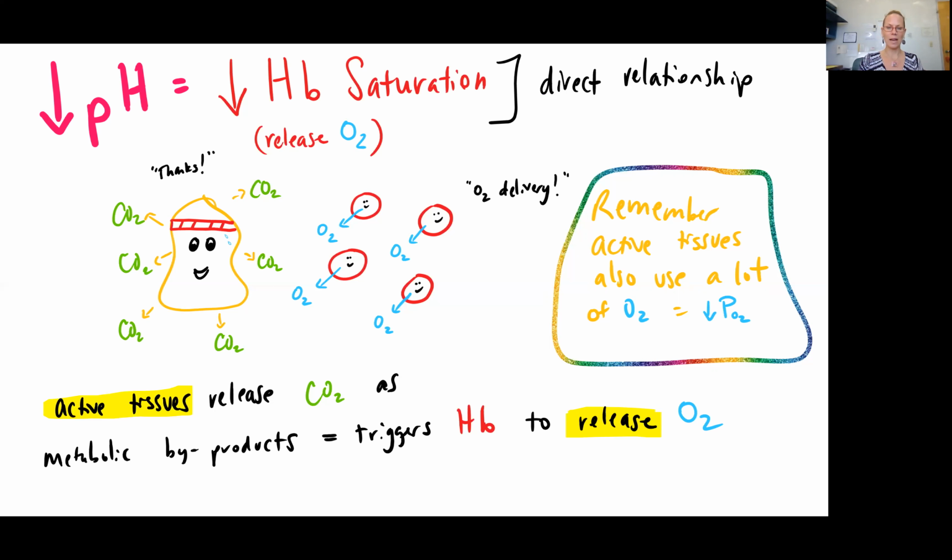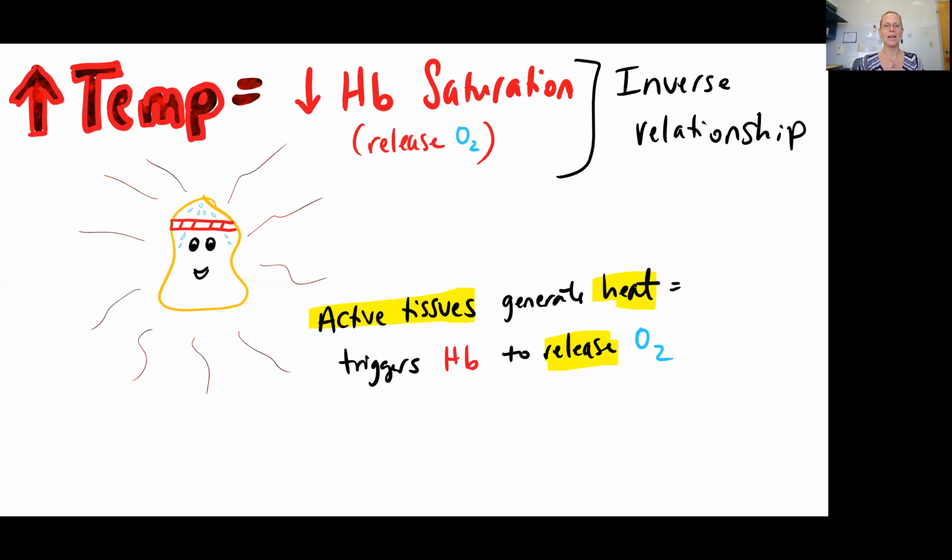Okay, now let's look at temperature. Increasing your temperature decreases your hemoglobin saturation. So remember, this is going to be an inverse relationship where our arrows are going in the opposite direction. Again, this relates to active tissues. Tissues that are active are generating heat. If you're generating heat, then as the blood is moving through that tissue, it's going to trigger that hemoglobin to